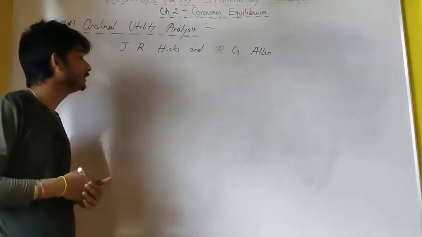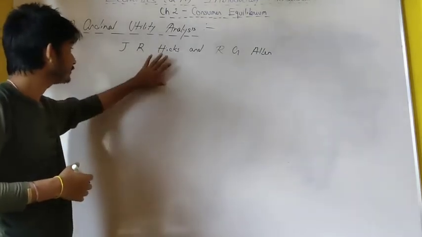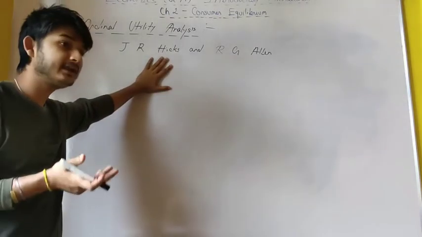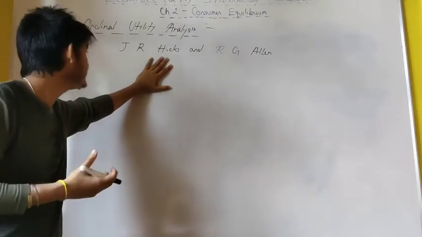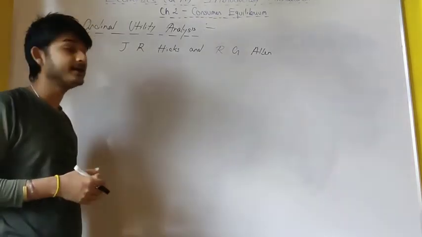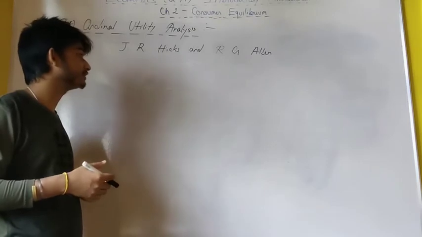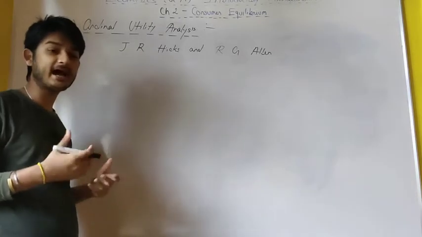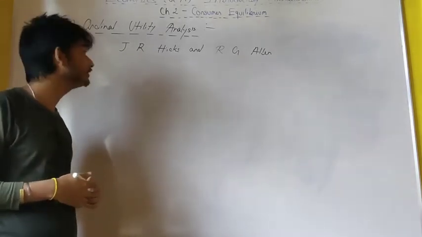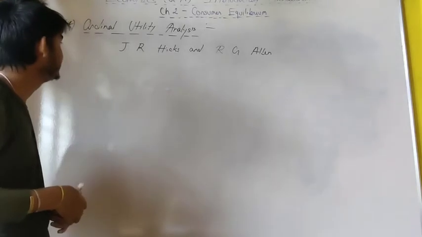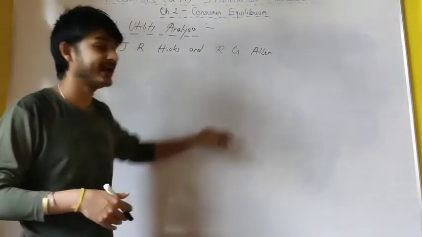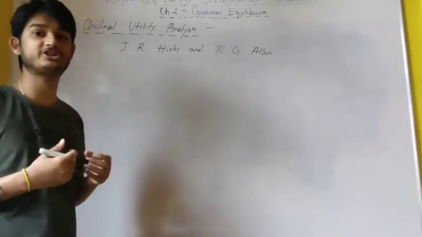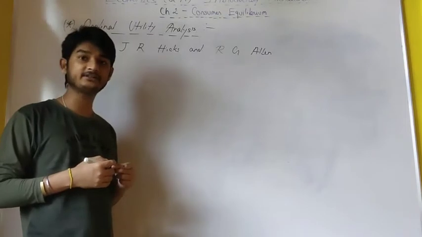They criticized the cardinal utility concept on the ground that the cardinal utility concept says that utility can be numerically measurable. That means utility can be measured like 1, 2, 3, 4, 5, 6 and so on and so forth. So that was the main idea of cardinal utility analysis. And J.R. Hicks and R.G. Allen heavily criticized this, on the simple fact that utility cannot be measured in cardinal numbers,